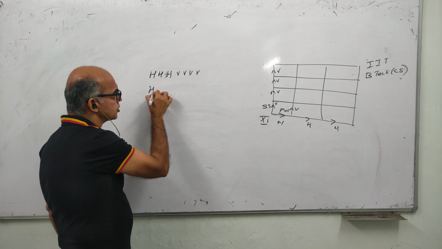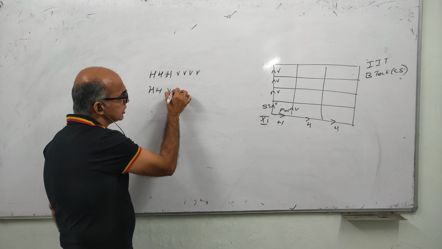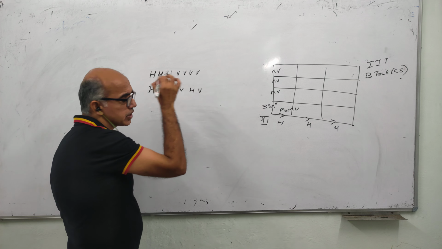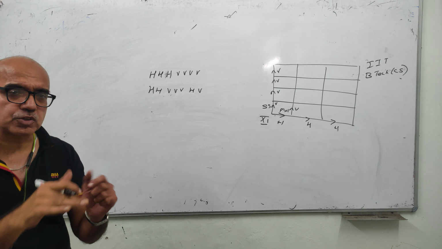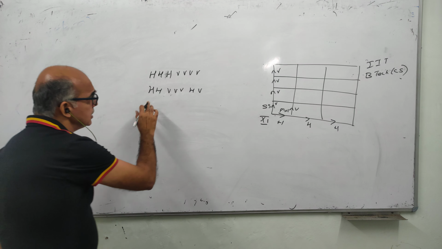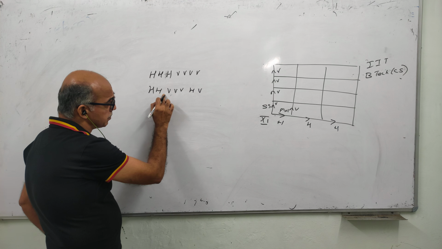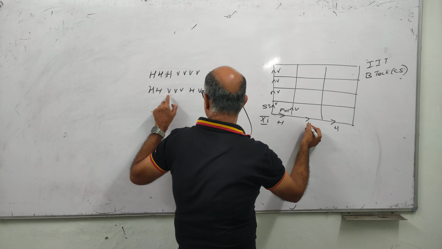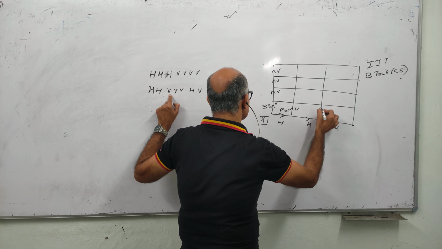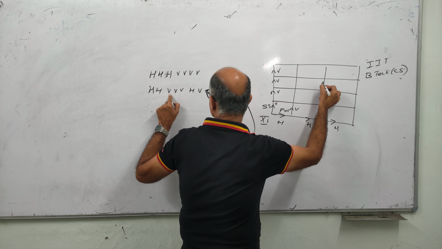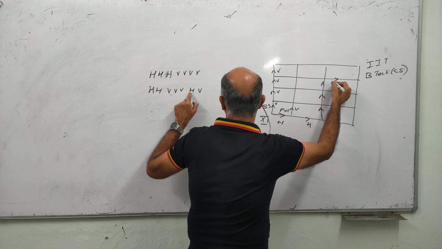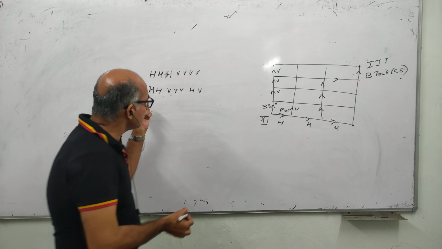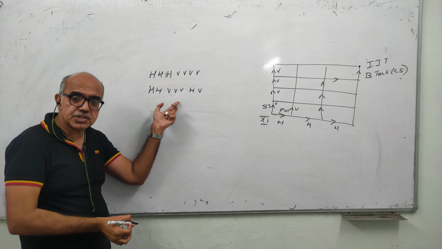For example, you have written 2 horizontals, then you have written 3 verticals. उसके बाद वापस एक horizontal, वापस एक vertical. Let's see the number of ways. आपको क्या करना है? उससे पहले हम देखते हैं क्या ये पाथ बन गया. There are 2 horizontals, horizontal 1, horizontal 2. Then you have 3 verticals. First vertical, second vertical, the third vertical, followed by a horizontal and followed by a vertical. तो आप IIT पहुंच गए. तो अभी आपने क्या किया? आपने H और V को अरेंज किया.